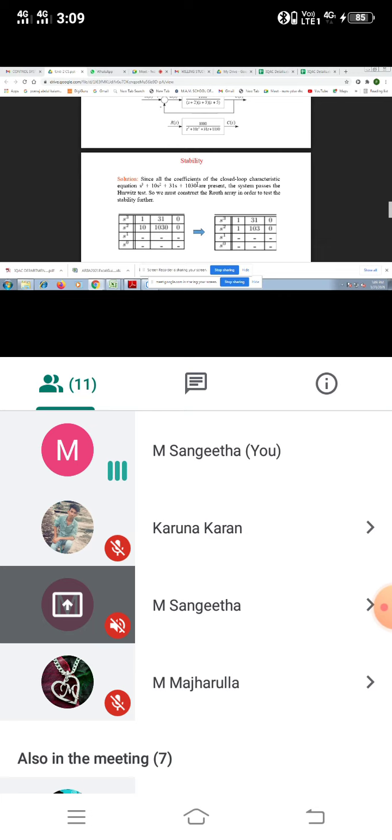Here we imagine S power 0 is present, because S power 0 value is 1. So 1 into 1030, 1030. So there is no change. So you pick that 1030 is an even number. The next number after this even number is 0, so you just put 0. So we got three equations, one odd equation, one even equation from this main equation.